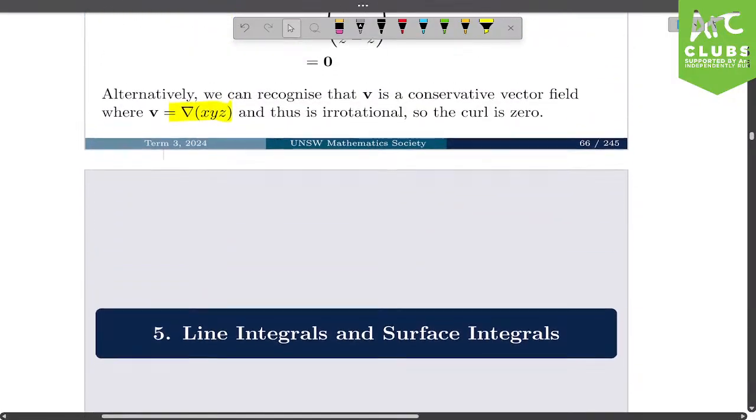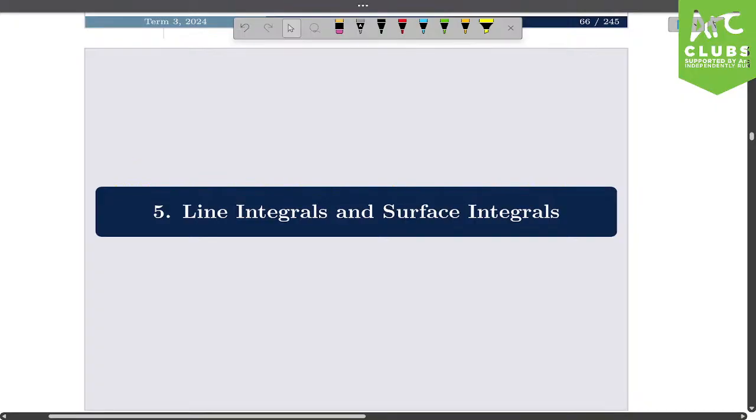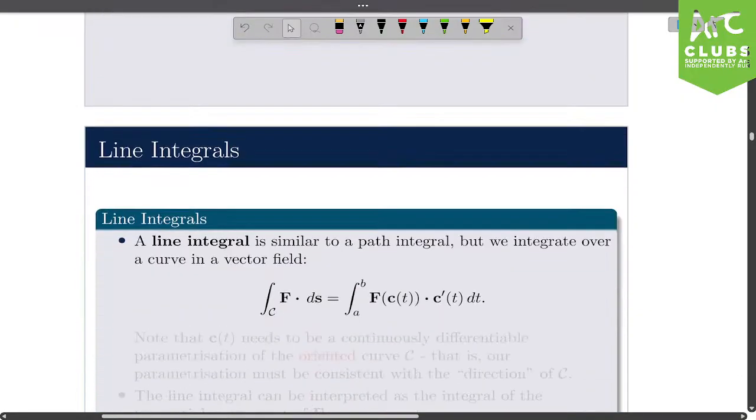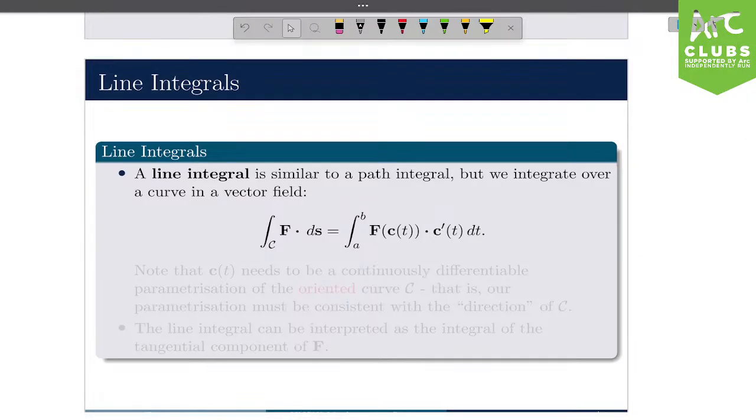Okay, so that's kind of like everything that we need to know for vector fields. So we're going to apply this to line integrals and surface integrals. This is the real application of this stuff. So a line integral is similar to a path integral over a curve, but we're integrating a vector field. So we're integrating a vector field over some curve, and it has